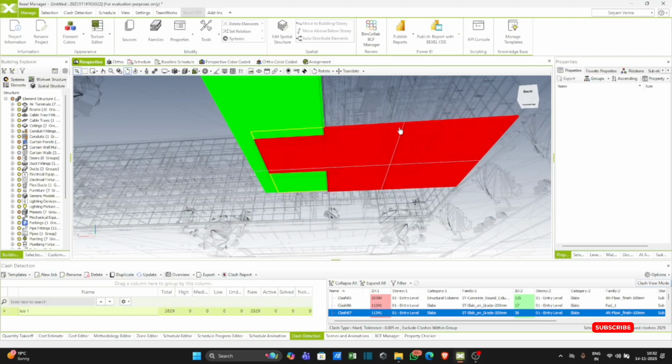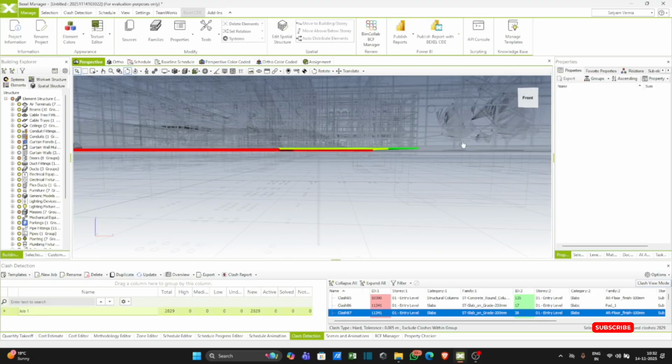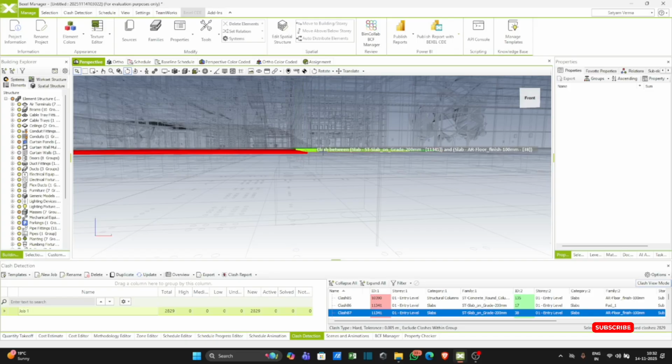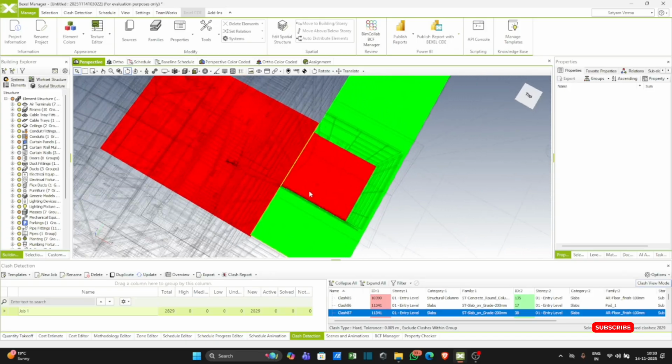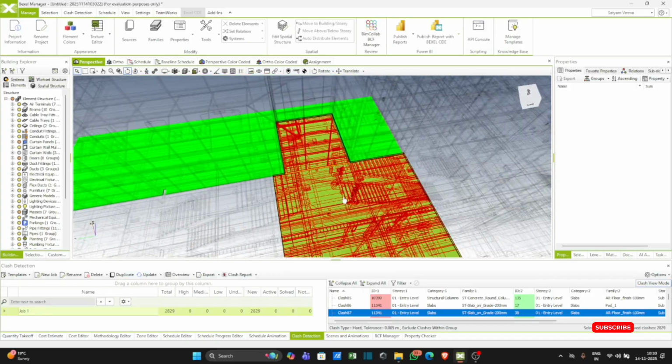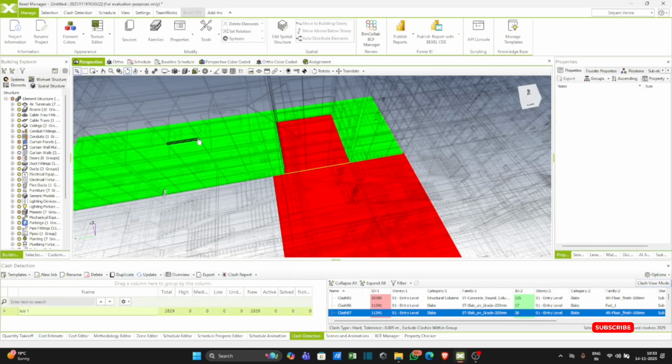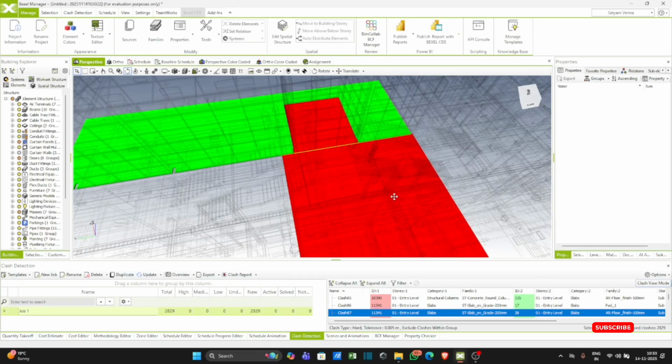As you can see, the clash is between the slab, structural slab on grade 2 mm. So you can see here the red one is the clashes. So here my clash detection is completed.